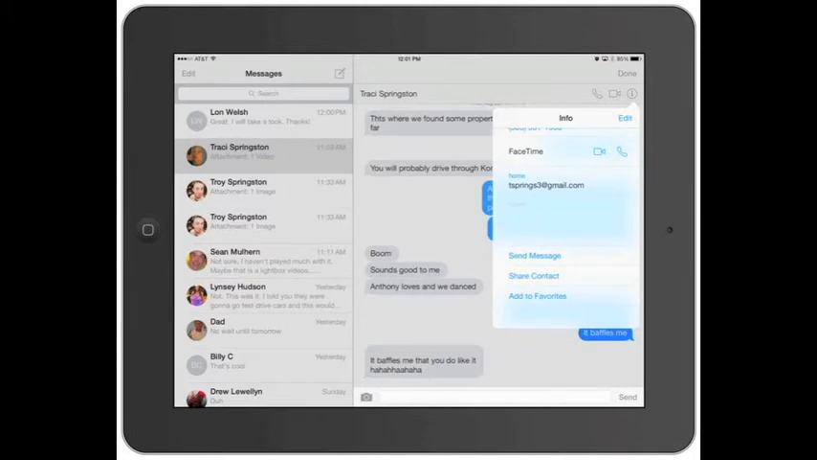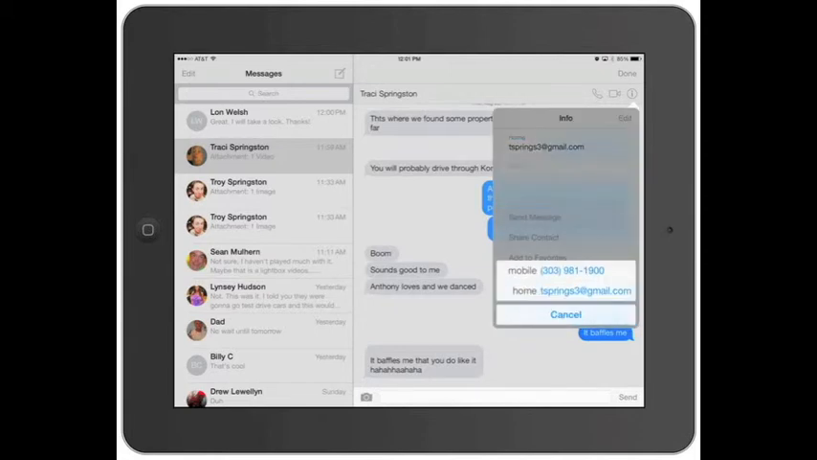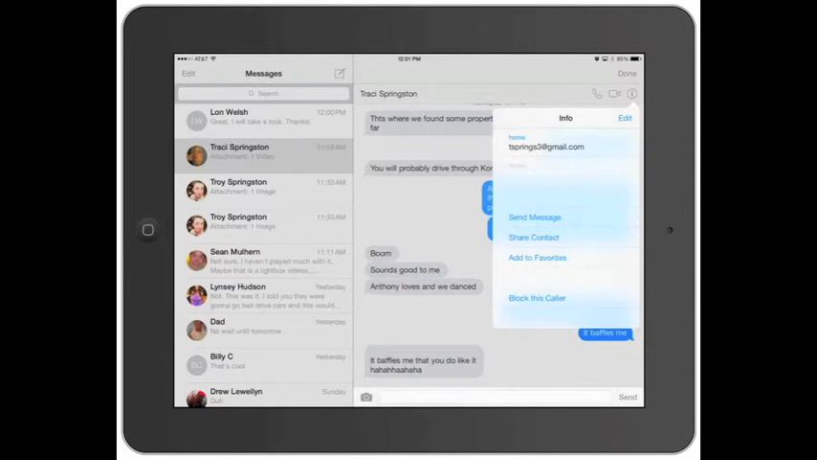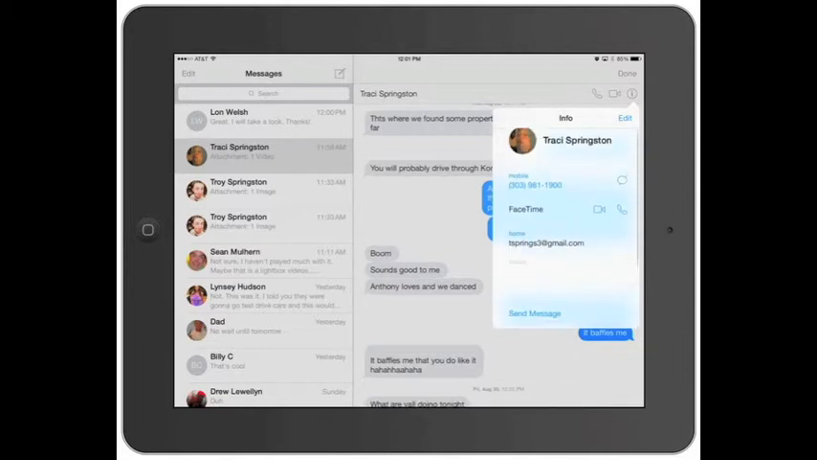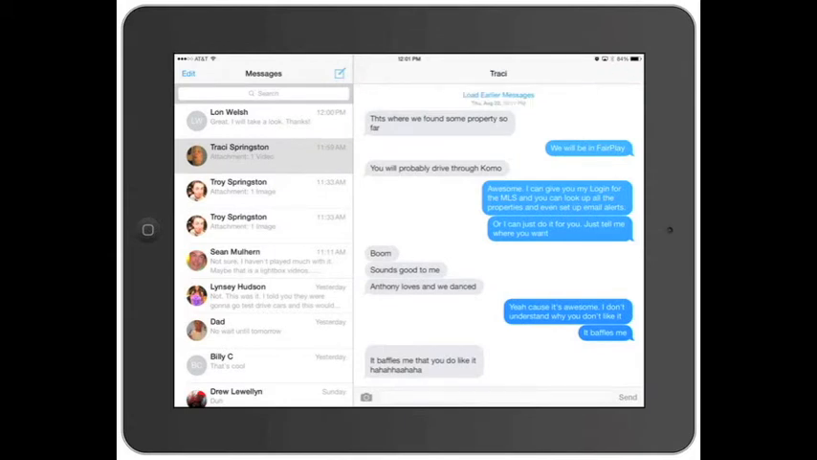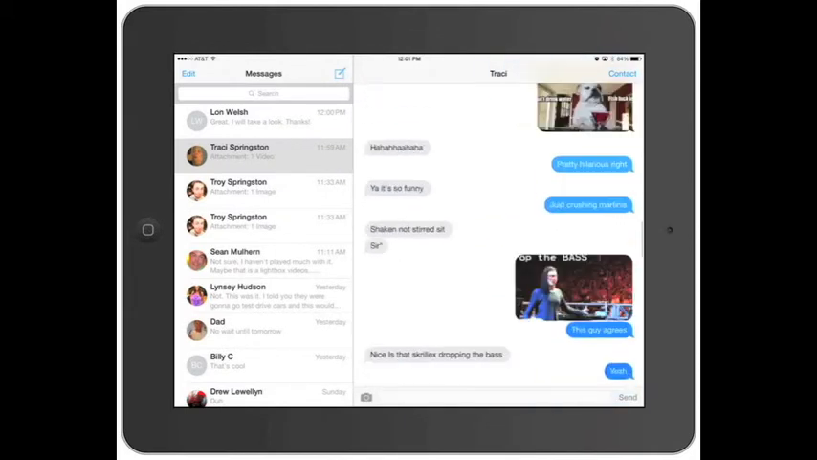Let's say you wanted to send an email. You can send a message. It'll ask you which one you want to send it to. You can hit block this caller. You can actually add information, all that good stuff. Or you can just hit done. And what's really cool is, let's say you wanted to